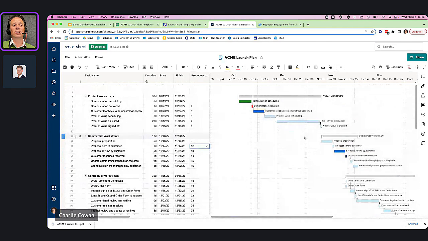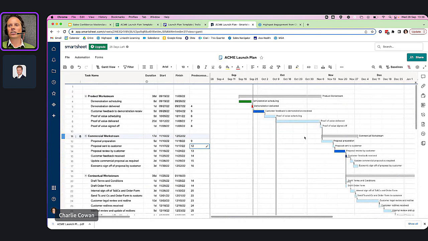So that's a Smartsheet Gantt chart. As I say, it looks more complicated than it is. Once you've built one, you'll be building them left, right, and center. I use it for every strategic deal that I am working on. You're not going to use it for every simple renewal or every simple add-on. But for the deals that are going to make or break your quarter or your year, why wouldn't you be doing something of this level of detail?